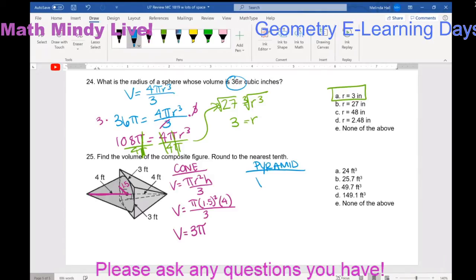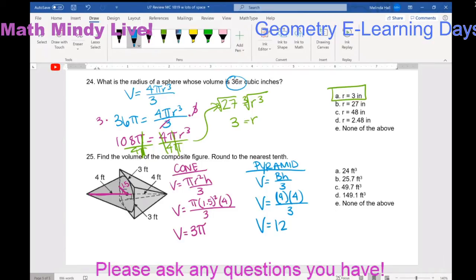Okay, and so from there to get the pyramid, we would do our base area times height divided by 3. In this case, our base area is just 3 times 3, so that would be 9. And then the height is still 4, and we are dividing by 3. So 9 times 4 gives me 36, and dividing by 3 gives me just 12. And so then,